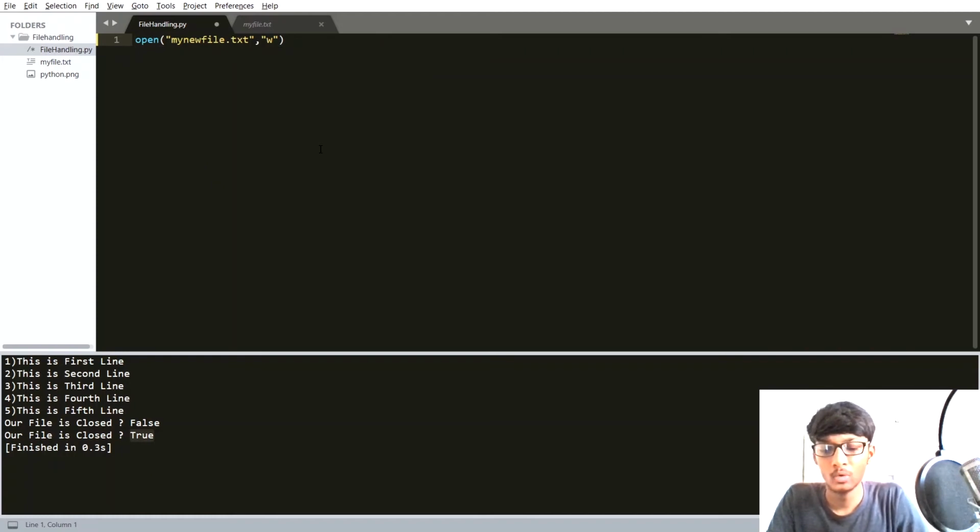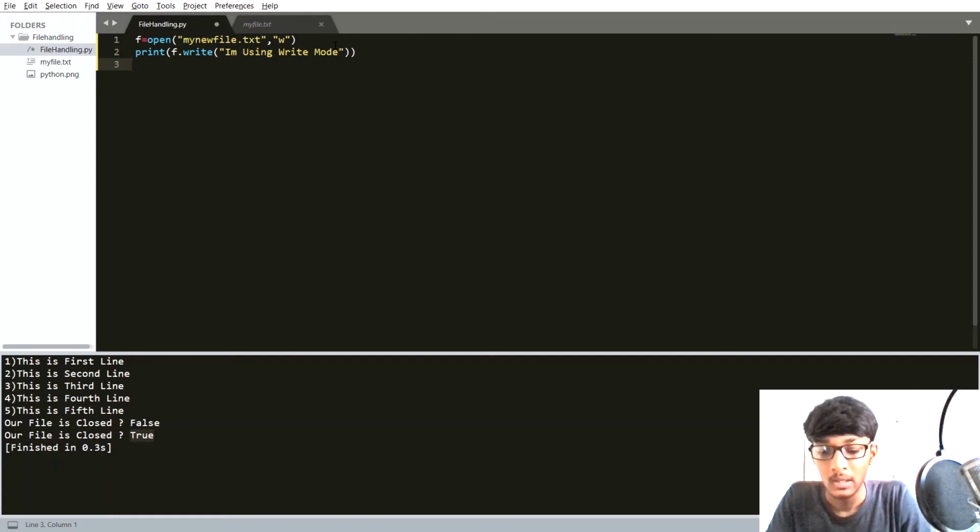I can store this inside f. Okay, now I want to write inside our new file, my new file. So simply f.write, and inside that I'm going to pass, let's say, "I am using write mode".